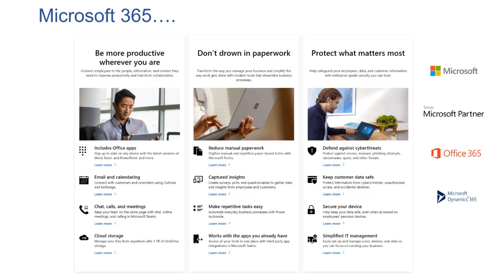And people obviously will be thinking, why Microsoft 365? There's a whole load of alternative applications, alternative cloud suites that are available. Why go for Microsoft 365?